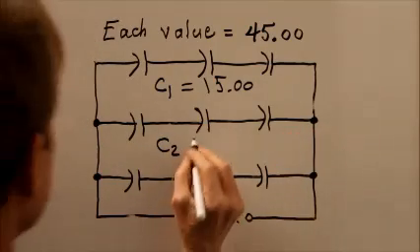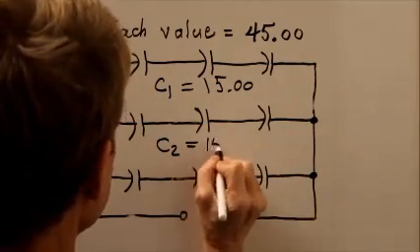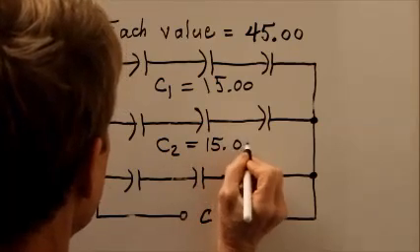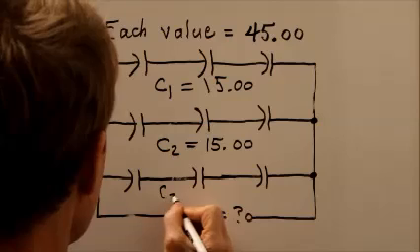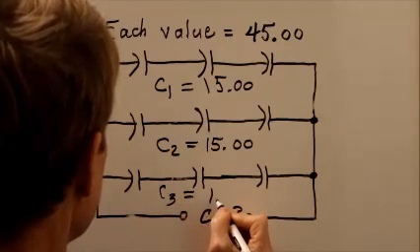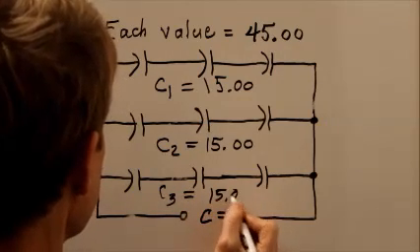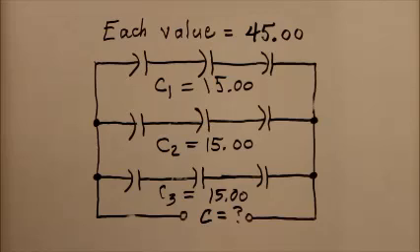Similarly, the center combination in series, considered all by itself, will have 15.00, and so will the lower 3, considered only by themselves. When we connect those in parallel, capacitances in parallel add, you can see that that'll turn out to be 45